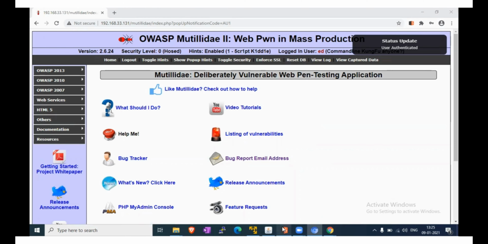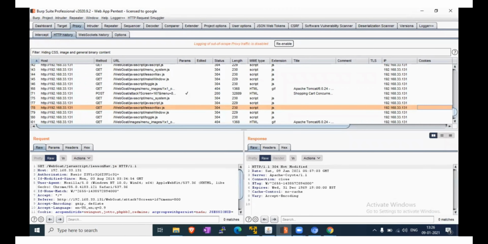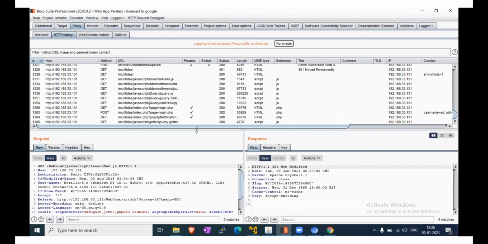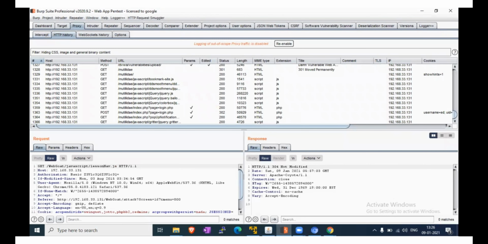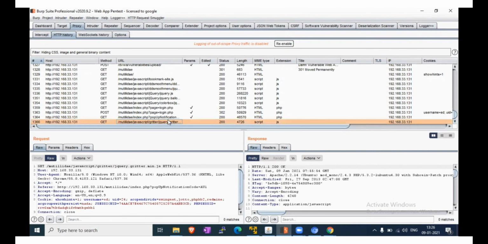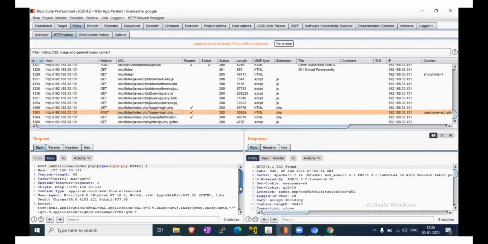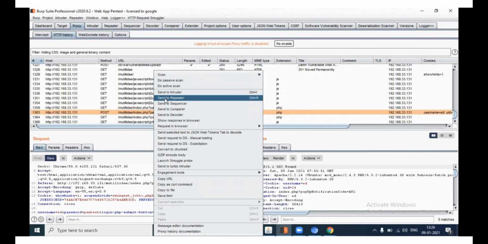We will check the HTTP history. Pop-up notification, login.php GET. Okay, this one. Now send this request to Intruder.